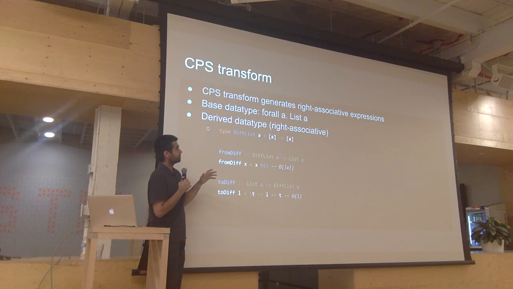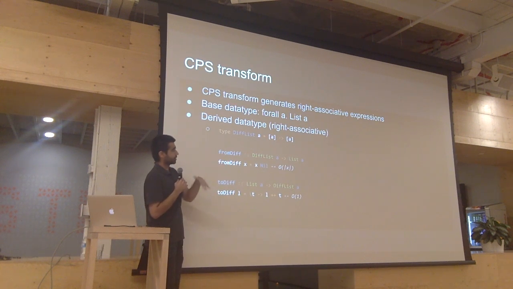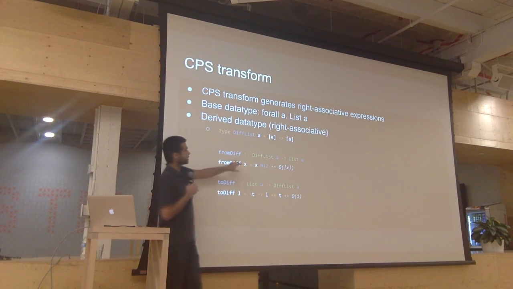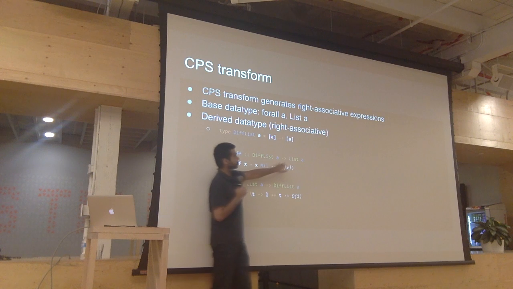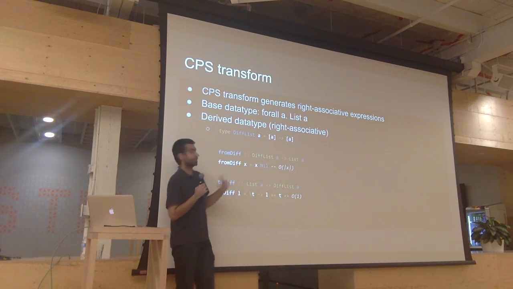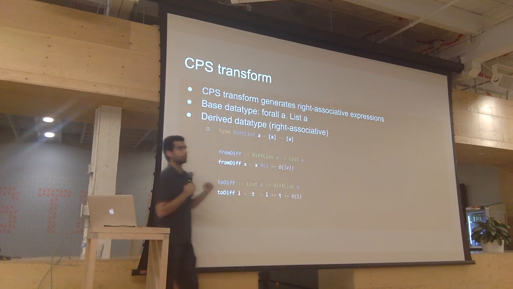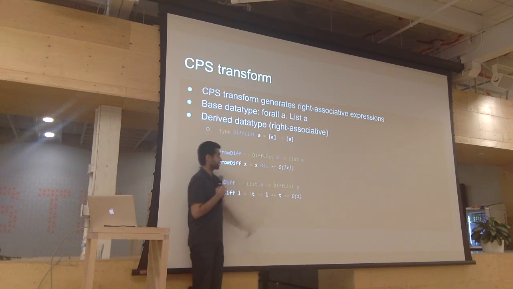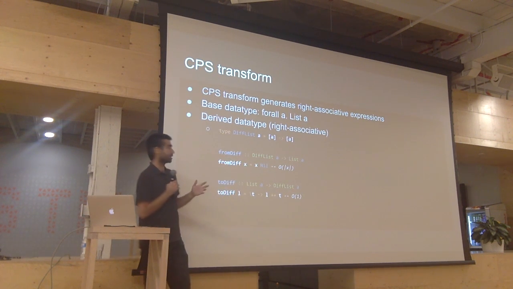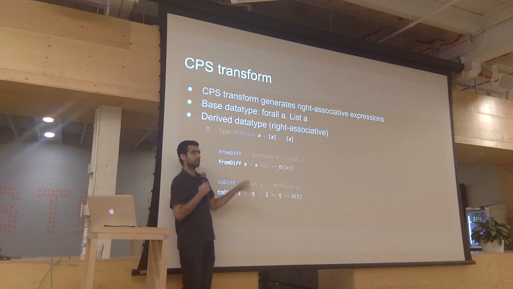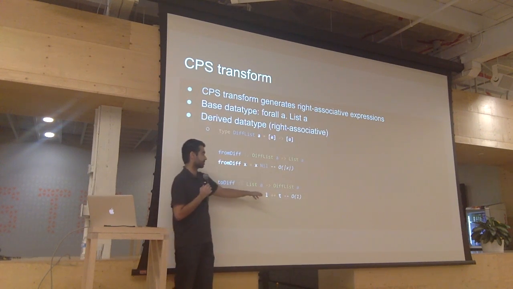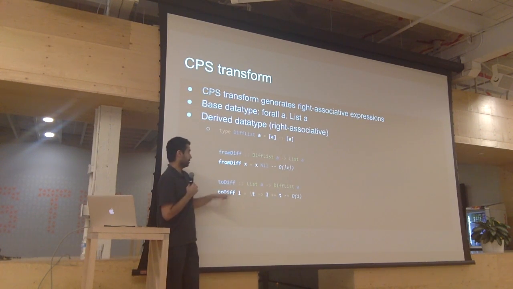So think through, you can go through this, but the important thing is going from the derived data type to the base data type is expensive. It takes order n computation time. Going from the base data type to the derived data type is cheap. It is simply creating this function thunk. You don't really do anything, you just create this function and say, oh, I'm a function which, whatever my input is,